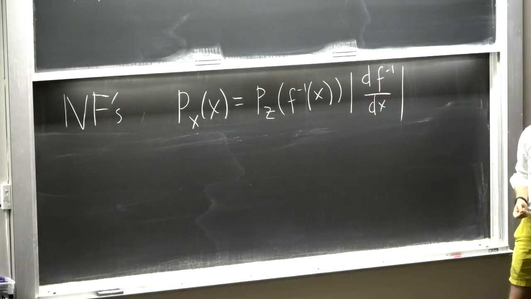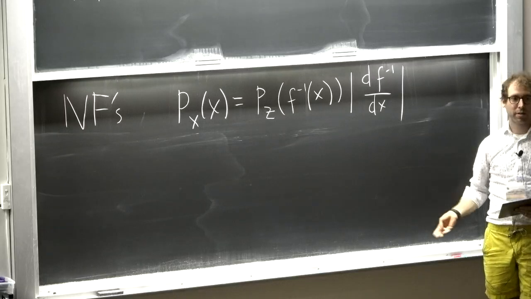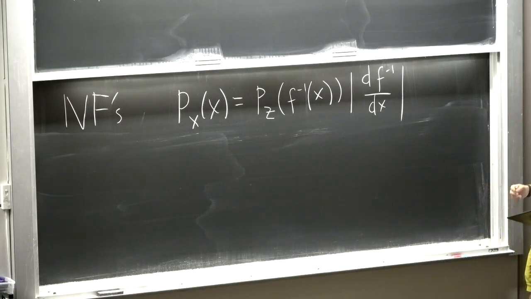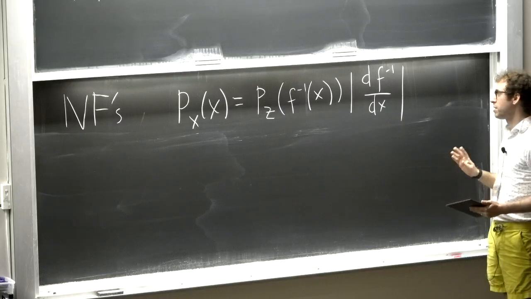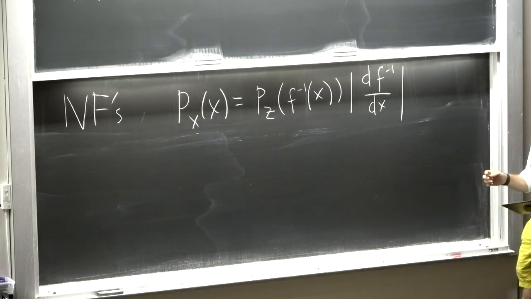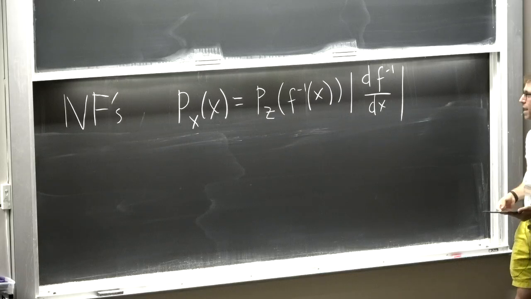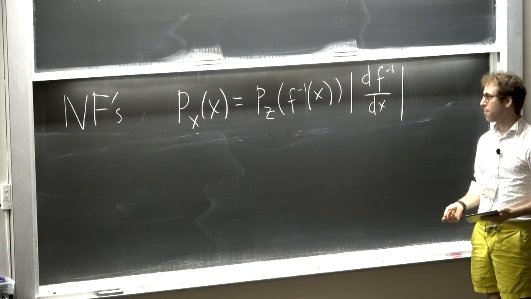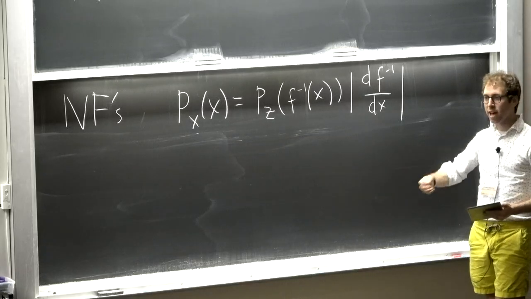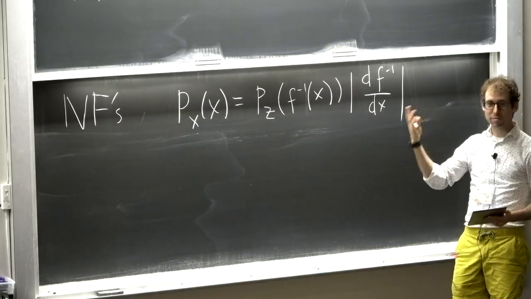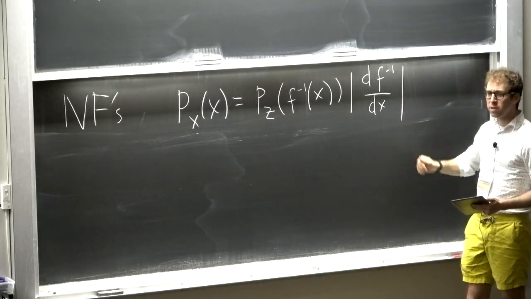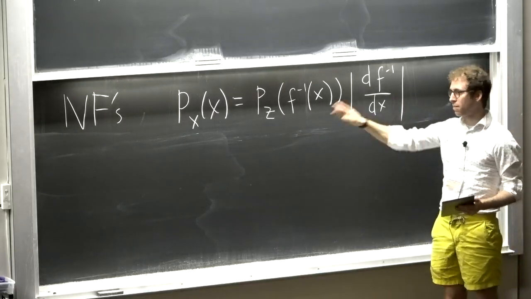So this is the change of variables formula between one random variable z and another random variable x. I have a map, f, that goes from z to x, and then f inverse goes from x to z. And so f is invertible, and I can compute this Jacobian determinant. So if z has a nice distribution, like a Gaussian, I can compute this first term. And if I can compute the Jacobian determinant, then I can get the density of x.